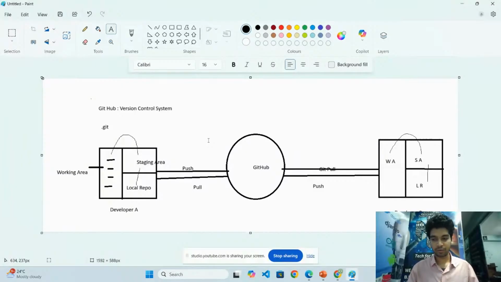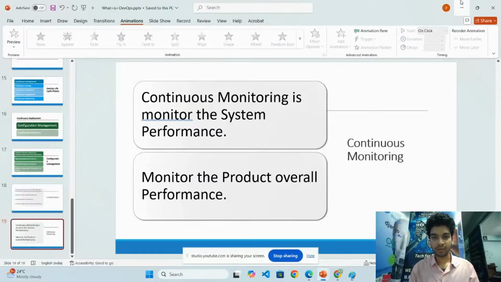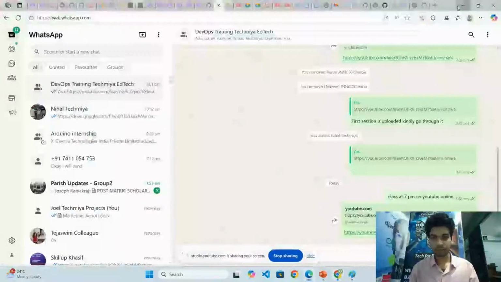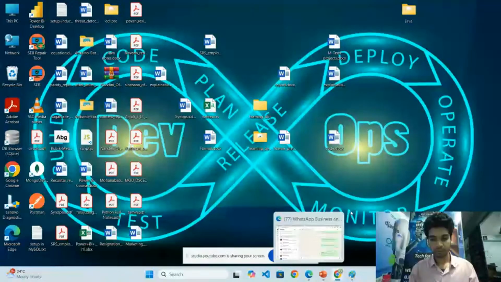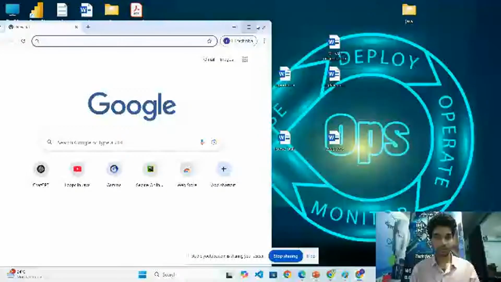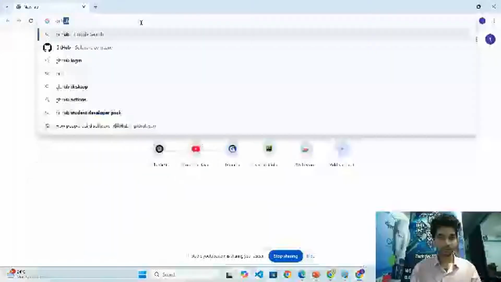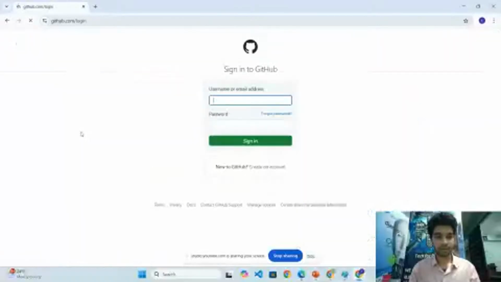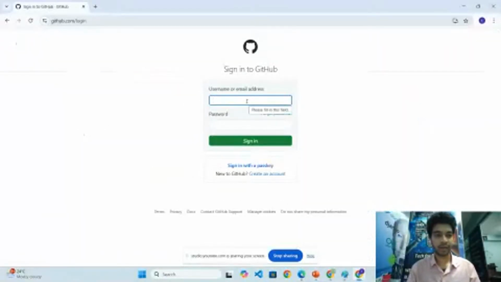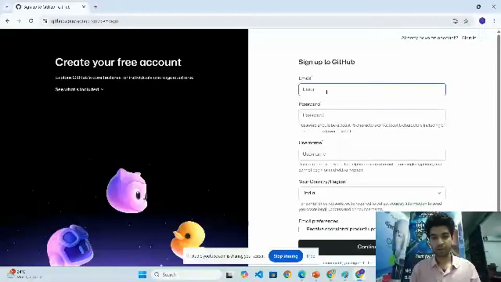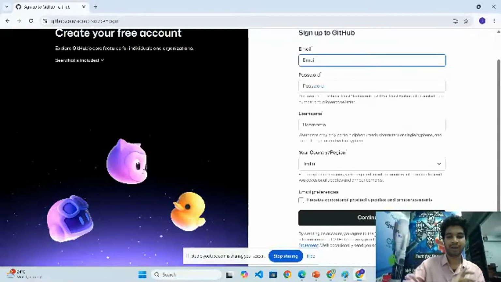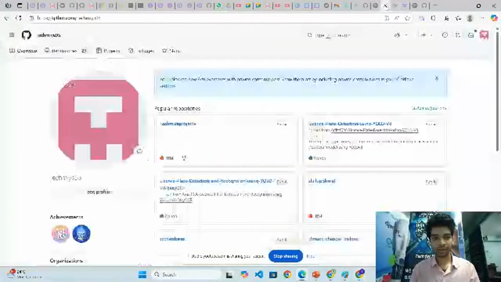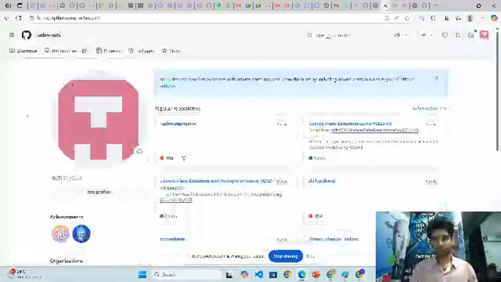Now let us do some practical part of it. If you open GitHub, definitely it will ask you to create an account. You can go to the create account option and fill in all your credentials. It will ask you to verify your account and credentials, and then a new repository comes into play. Since I already have a GitHub account,